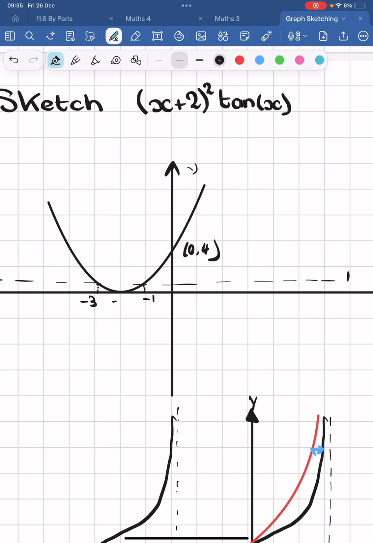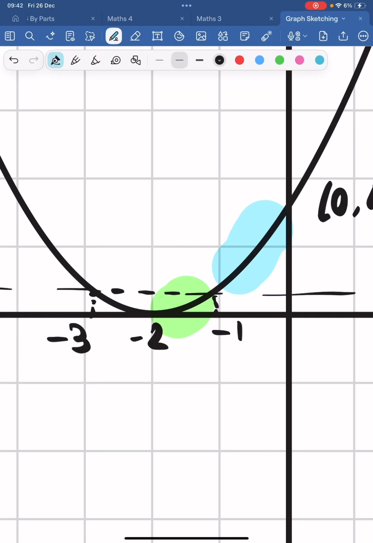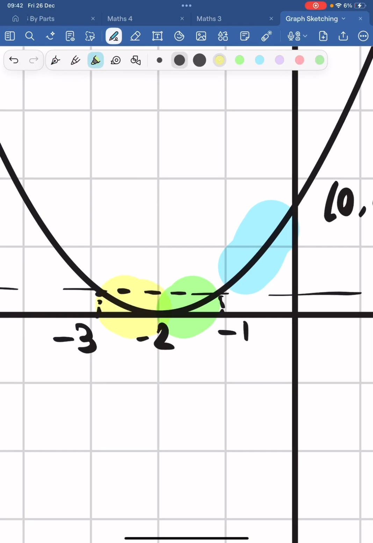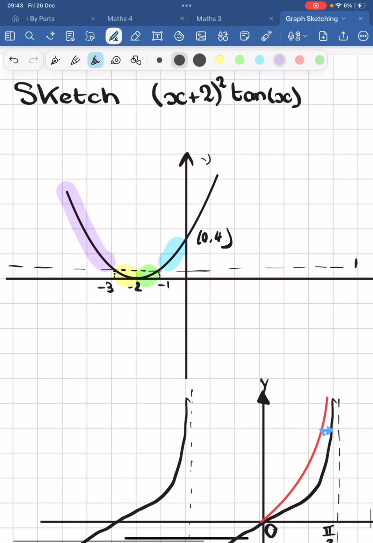And then we've got minus 2 there. So essentially, we need to consider this small region here. We also have to consider this region between minus 2 and 3. And then the last region is when x is less than minus 3, so greater than 1. Right, let's start off with this